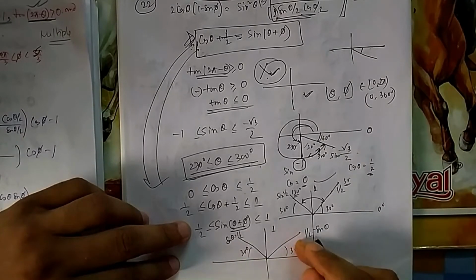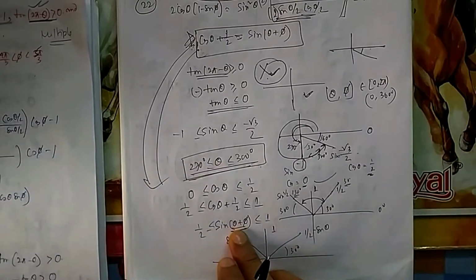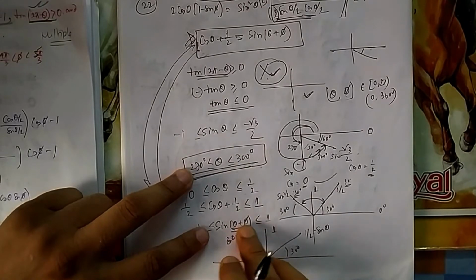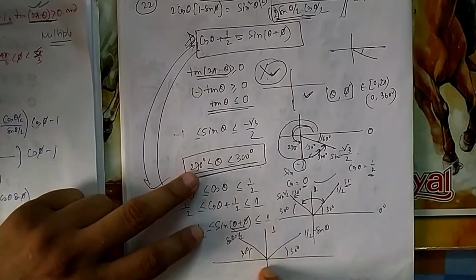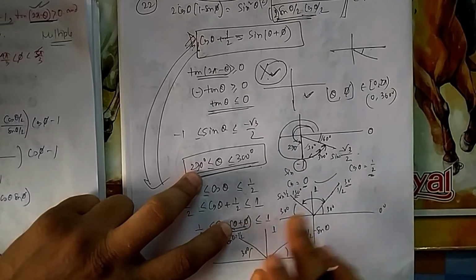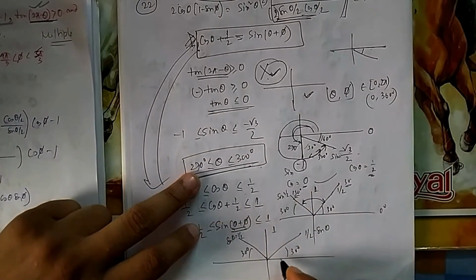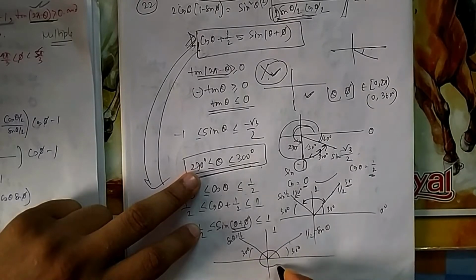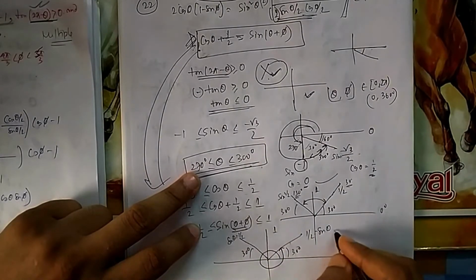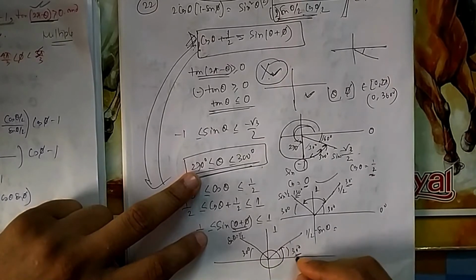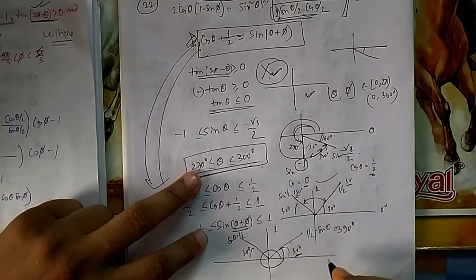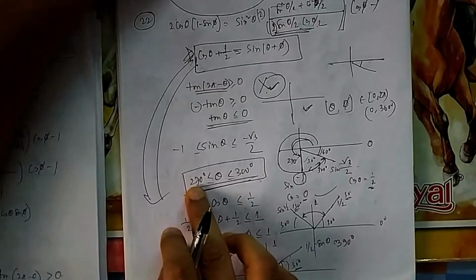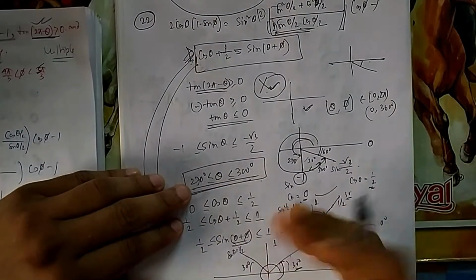But I cannot say 30, because of the sum of these two, and your theta has already crossed 270. So how can this sum be less than 270? Theta has already crossed 270. So theta plus phi should be greater than 270. So one rotation, simply from here to here, will not do. If I take a full rotation and come here, then that is the twist. It will not be 30 degree, it will be 390 degree. Then I can find something about phi, because theta is already 270. So theta plus phi must be greater than 270.